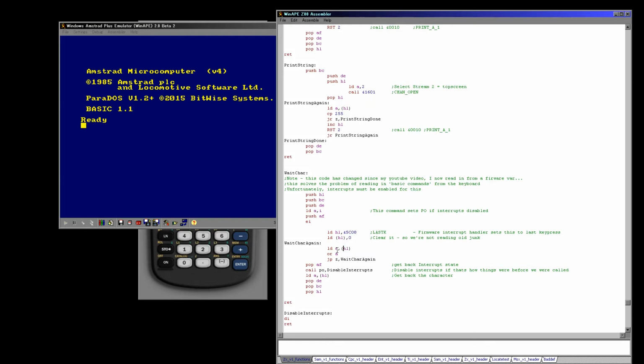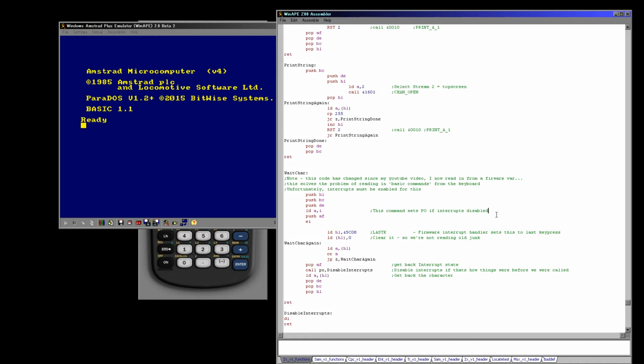We're then reading in the key. If it's 0, then the interrupt handler can't have happened yet, so we wait again and wait for a key to be pressed. Now, unfortunately, that works fine from the point of view of reading a keyboard, but we do have the problem that some of our code might be disabling the interrupt handler. Because we're now relying on the interrupt handler to read the keys for us, we need to make sure it's enabled. And so what we're doing here is the same trick as we learned last week in the